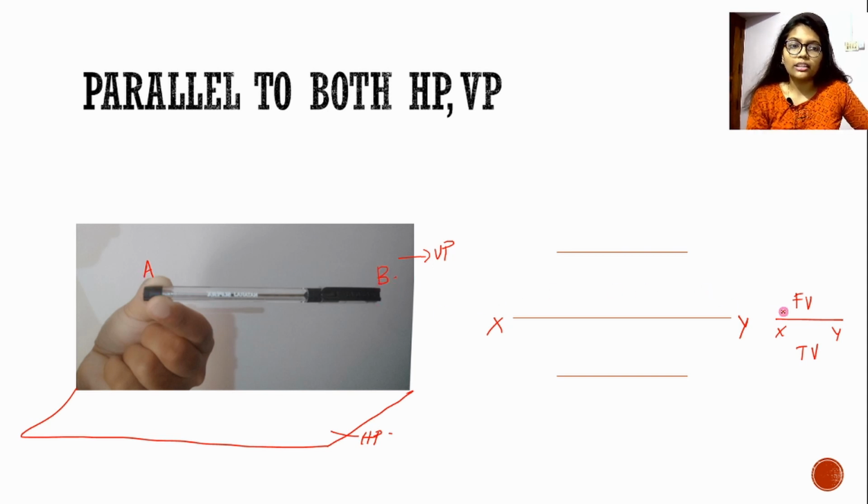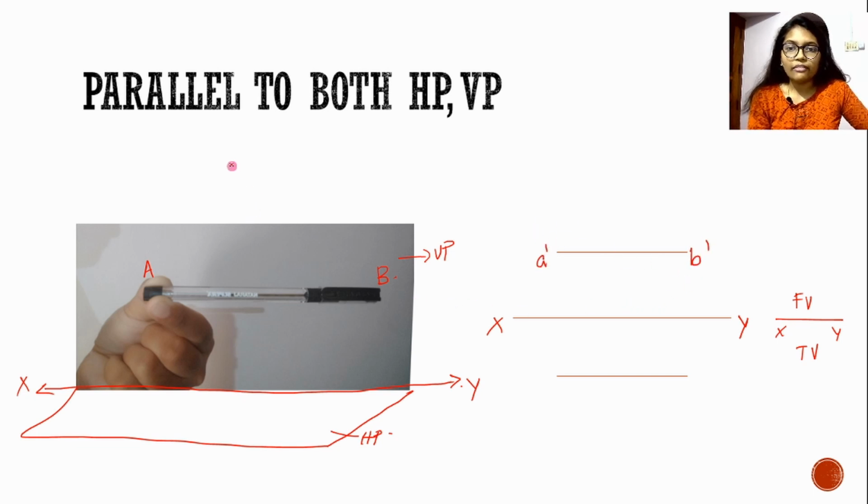Now we have to mark the front view and top view of this particular line, with respect to our planes HP and VP. Okay, so you can see that this is your XY line, isn't it? And what you see now in the screen is the front view, because you are having a straight view perpendicular to VP. Okay, so this is your front view. So let me draw this line. See, this pen is parallel to XY, isn't it? So I draw a line parallel to XY line, and this is your front view. So let us mark it as A dash B dash.